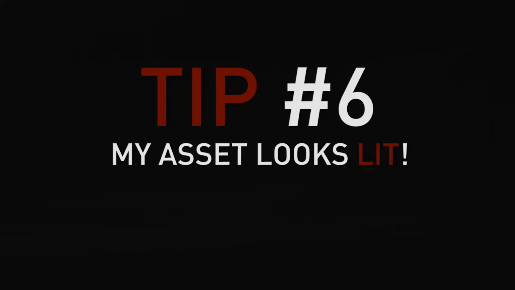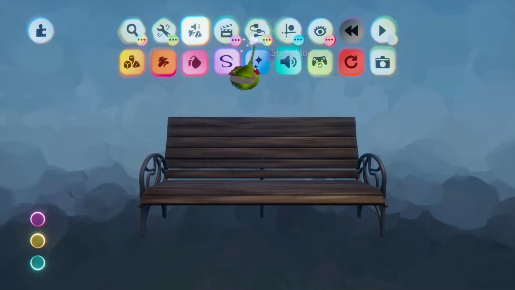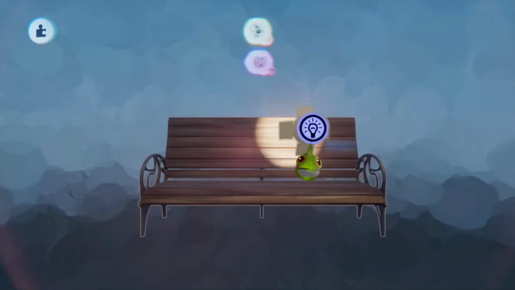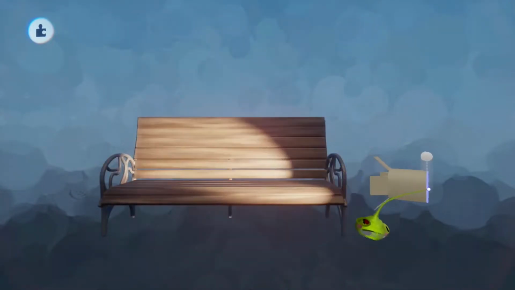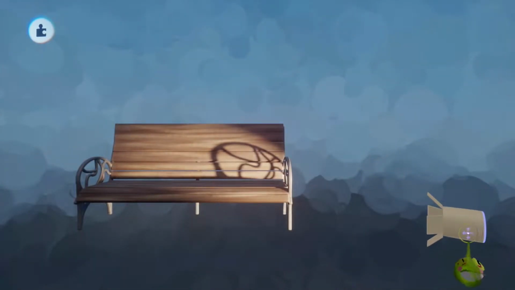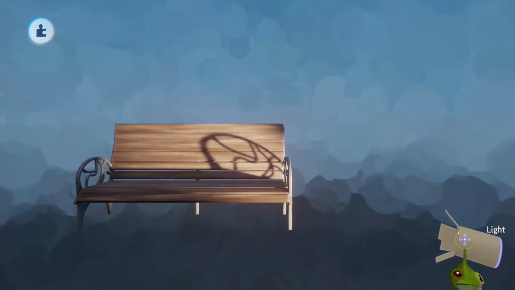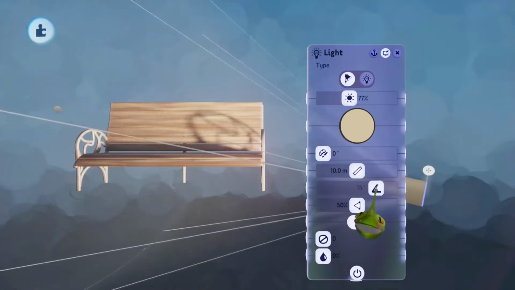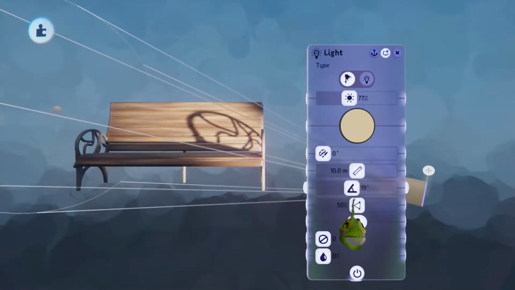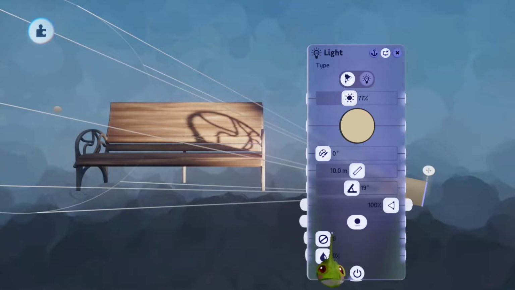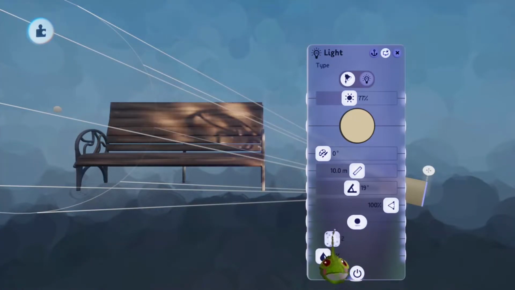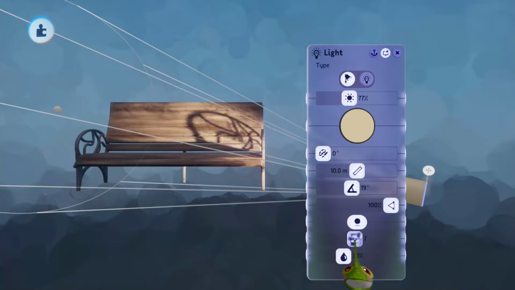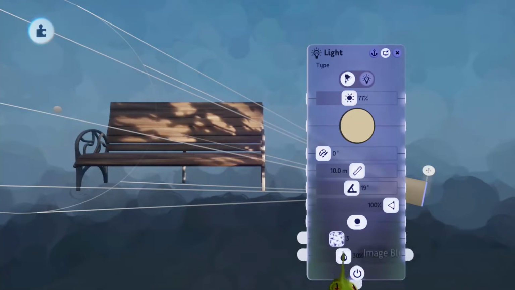Tip number 6, and this is a thing that comes after you have put something in your creation, maybe in your asset, when you check out how things are looking. A very common mistake that I still see a lot of people doing, and this is a big no-go, is skyboxes in assets released on the Dreamiverse.